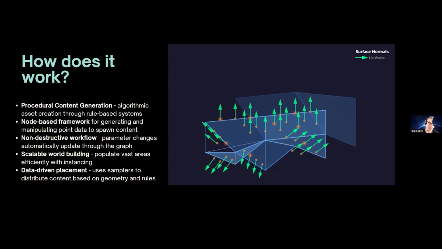But for this reason, PCG is super comfortable, because it also works for scalable world building processes. So in this case, you can populate vast areas very efficiently using instancing. That's so cool because by creating a few nodes algorithmically, in other words a very simple structure of nodes, you can populate using instancing. And that's also a great opportunity for data-driven placement. So let's say you have some data assets